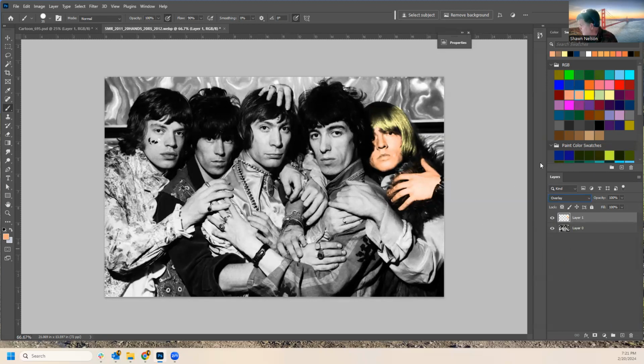Looks like a better color to use. As long as you stay in